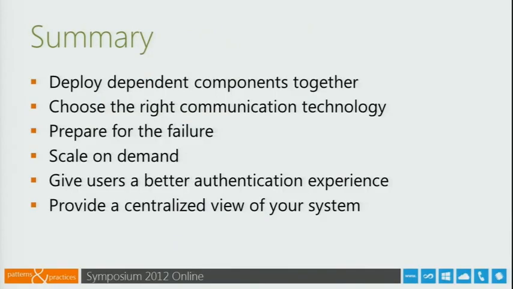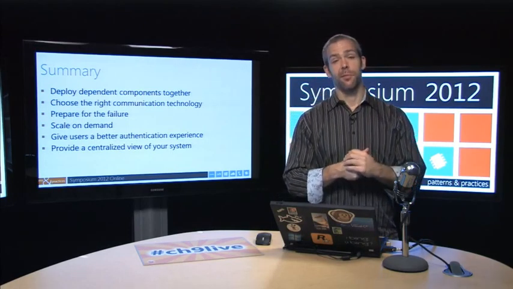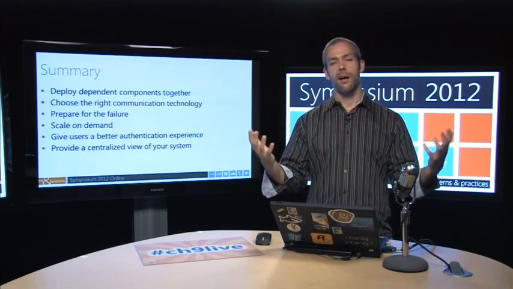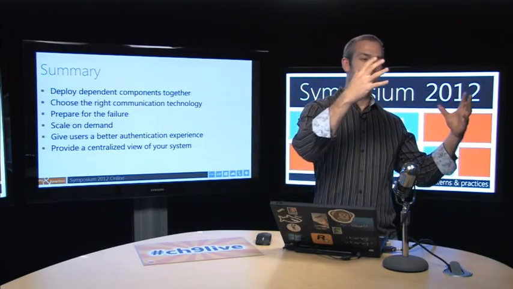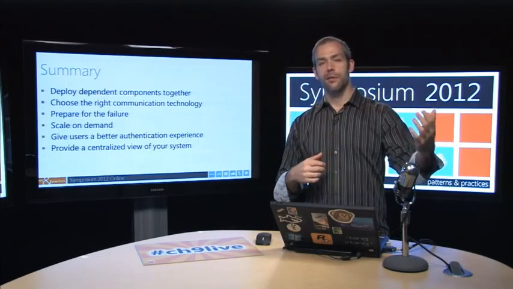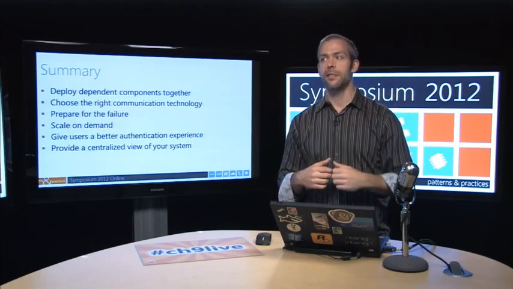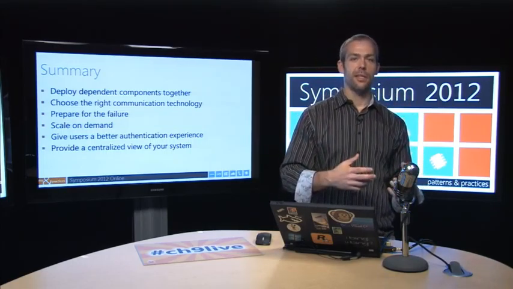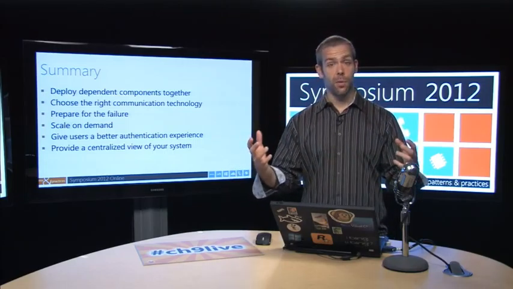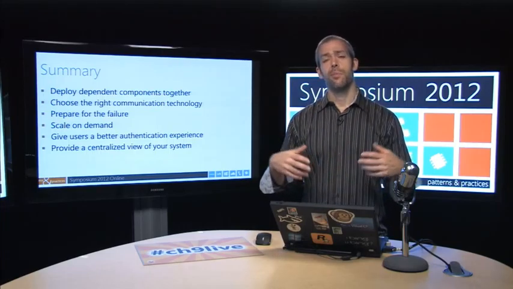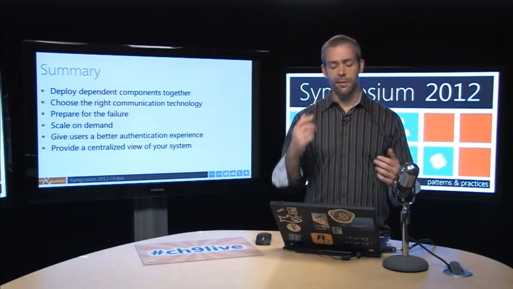So, what we've covered today, the whirlwind tour. I know that went really fast. It did for me, at least. Hopefully you guys didn't get too bored. We talked about how Trey Research moved parts of that application to the cloud, Windows Azure, how they picked and chose what pieces they wanted to deploy, what components they deployed, how they chose the right communication technology for the pieces that they did deploy, and how they still wanted to talk to all their partners and back to the head office, how they prepared for the failure of things running up in the cloud,